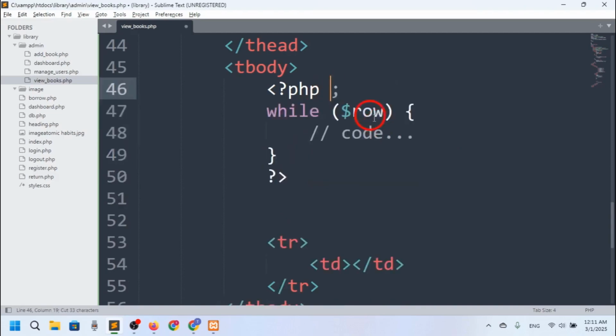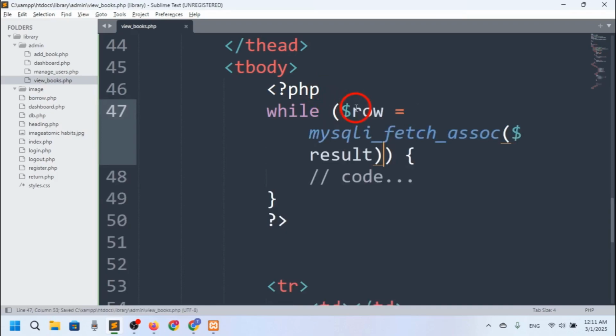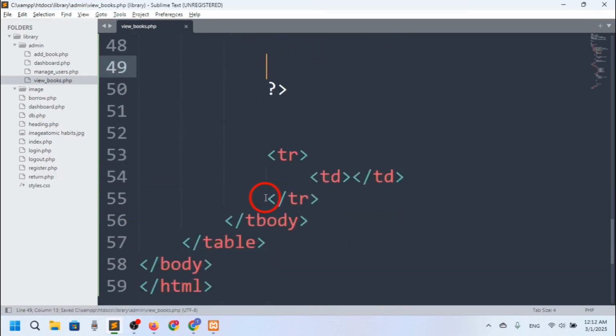Actually, I want to paste it inside it, so I will say here while row. Okay, so it will fetch all the data, and I want to remove this loop